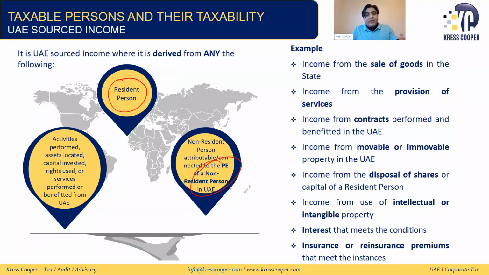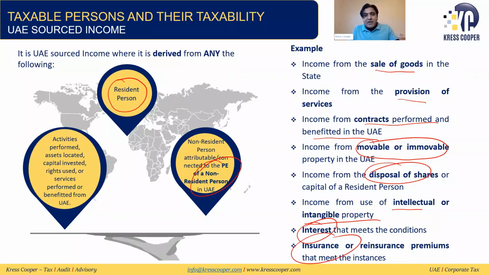And the third category is if the non-resident person is performing any activities, like assets are located in the UAE, capital is being invested in the UAE, rights are being used, and services are being performed or benefited in the UAE. These are the different types of activities. If these activities are being performed in the UAE, then we will say the non-resident person is generating UAE-sourced income. These are the examples given: income from the sale of goods, income from the provision of services, contracts performed and benefited in the UAE, income from movable or immovable property in the UAE, income from the disposal of shares,